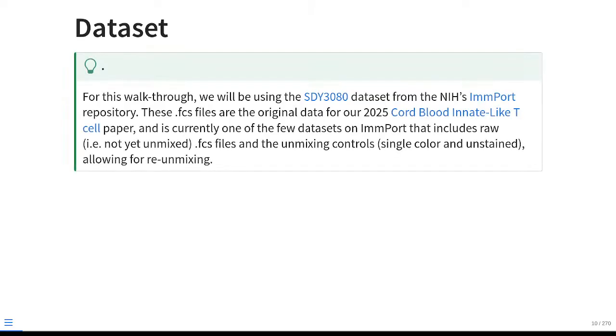So for this particular walkthrough, we're going to be using the SDY3080 dataset, which is available from NIH's ImmPort repository. Normally, I would go to FlowRepository, but as many of you have encountered, it has been down a lot